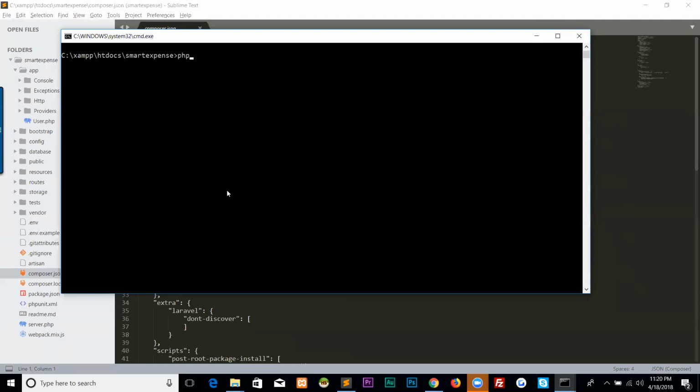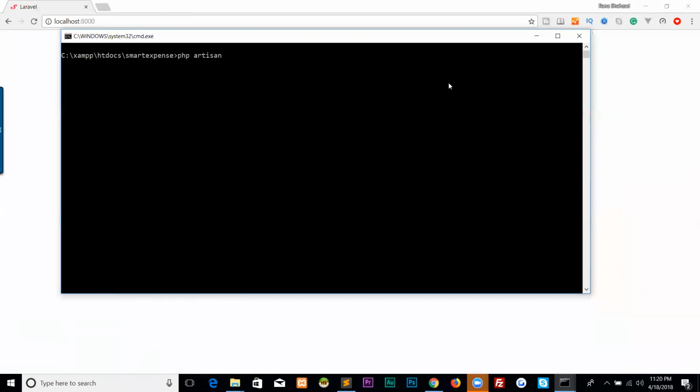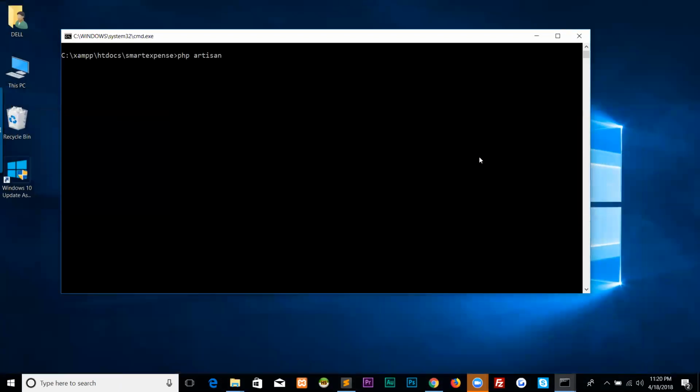So PHP Artisan, what else? Make model. I think this is done. PHP Artisan migrate: we can create our migration. When we want to create a migration, PHP Artisan make:migration and the migration name, create table,